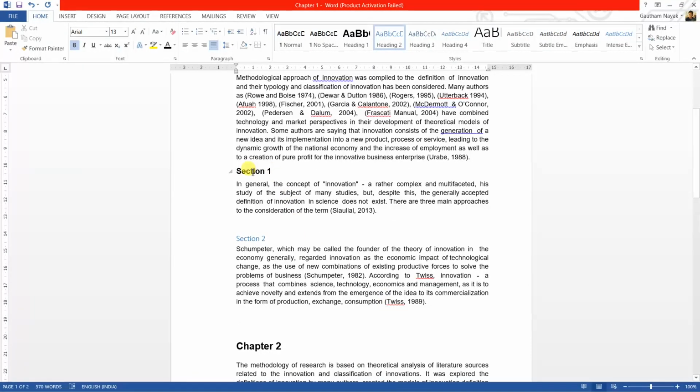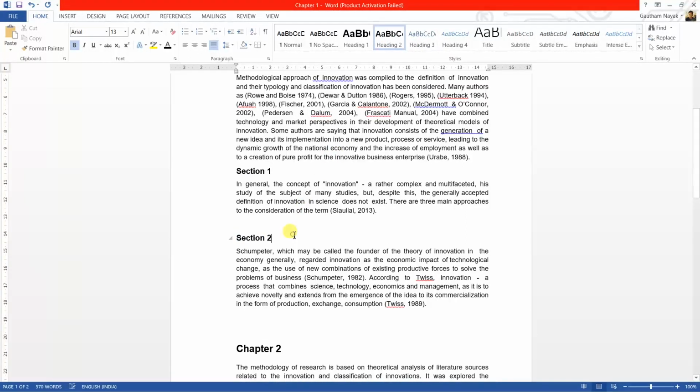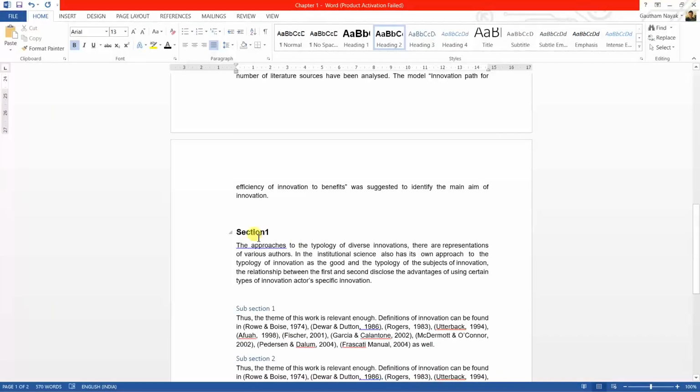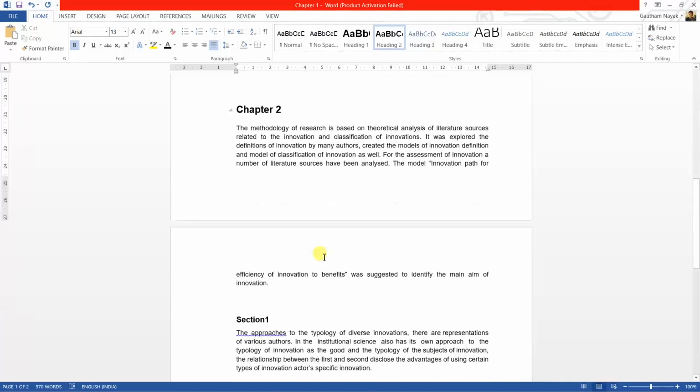So now we'll use this formatting as our standard formatting for heading 2. We'll click on section 1, right click on heading 2 formatting and update heading 2 to match selection. So now you see our section is formatted to heading 2.